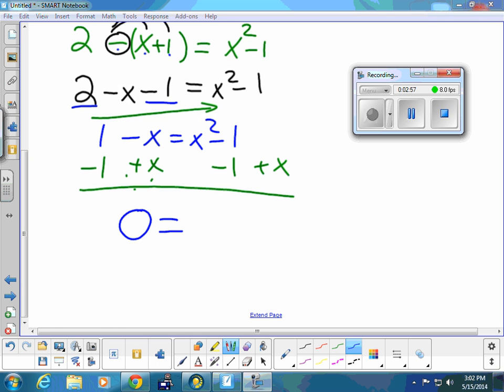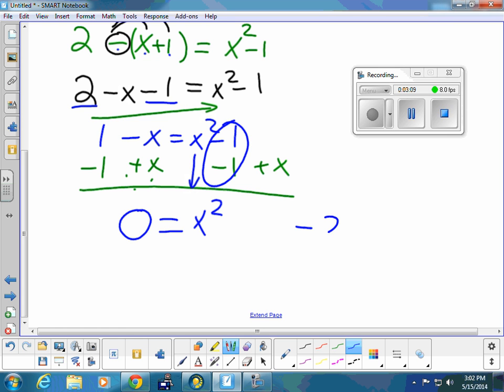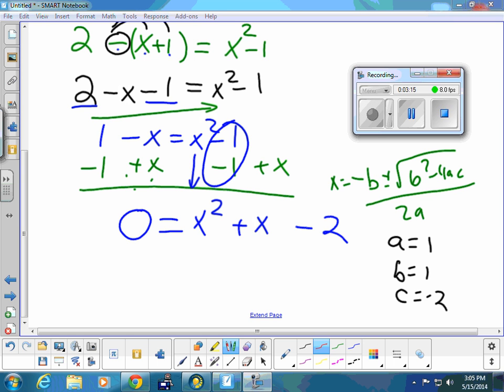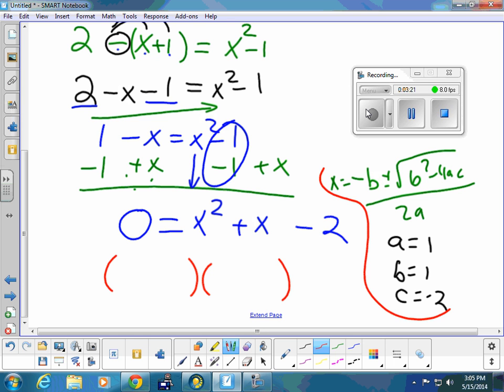Okay, so now we have 0 on this side, so we can bring all this down. This x squared can't combine with anything. The ones combine, and we're going to put them on the end. Okay, so now we have a quadratic to solve. So we could use the quadratic formula over here, or we do the